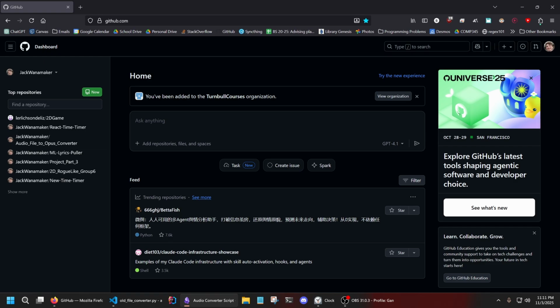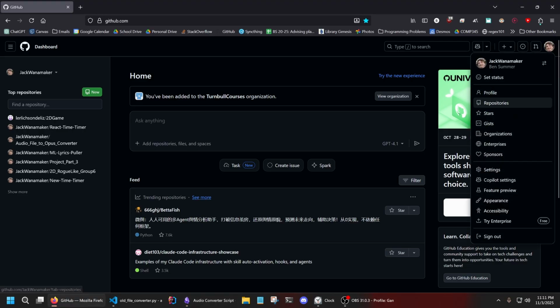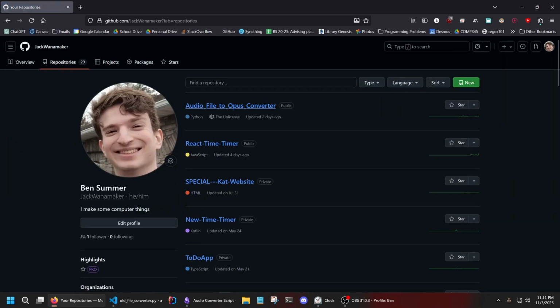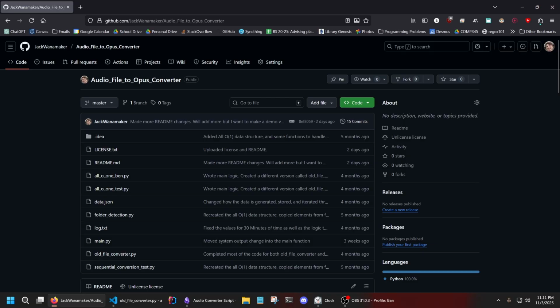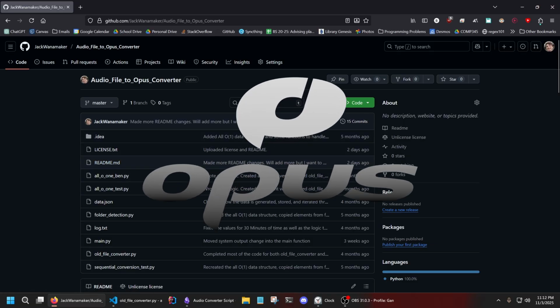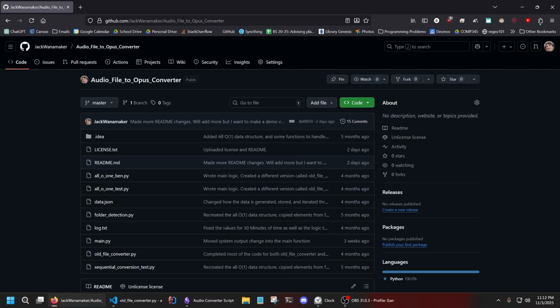Today I'm going to be going over my automatic audio converter that I created. This audio converter automatically takes any album in a folder and converts it into the Opus audio format. If you're not familiar with Opus, it's similar to MP3, but gives you much higher audio quality or an even